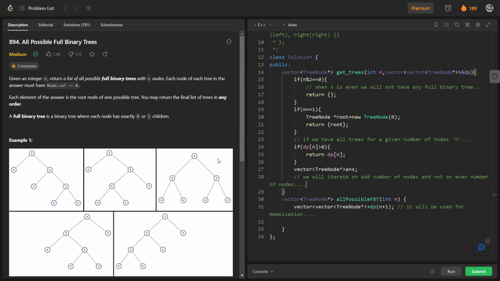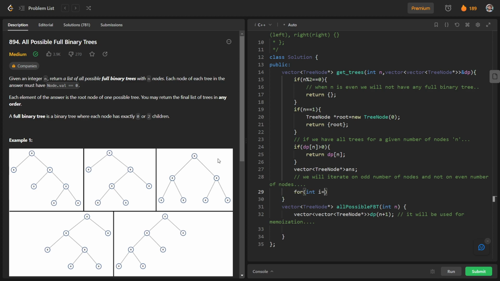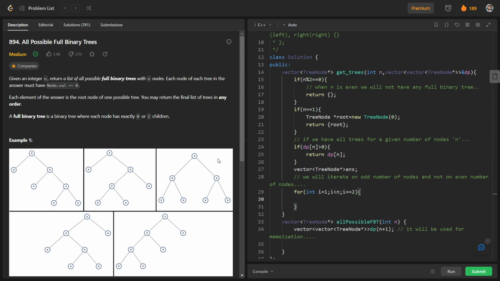Okay, so for this we will have a for loop. So for int i = 1, i < n, and i += 2, because we want to iterate over odd numbers of nodes only. For this given number of nodes, we will solve for these nodes.